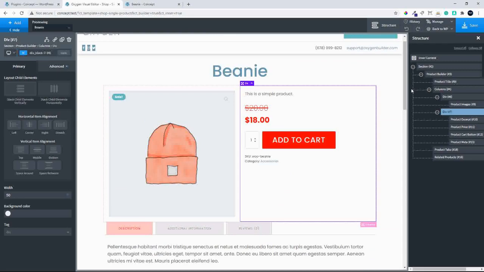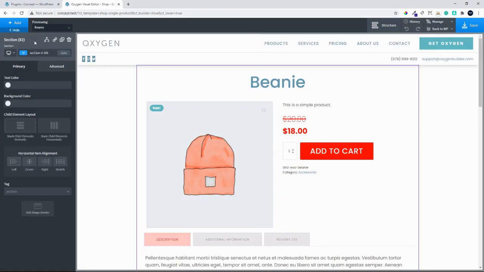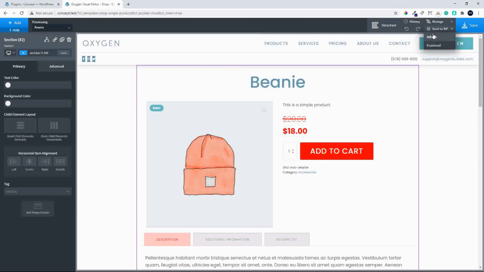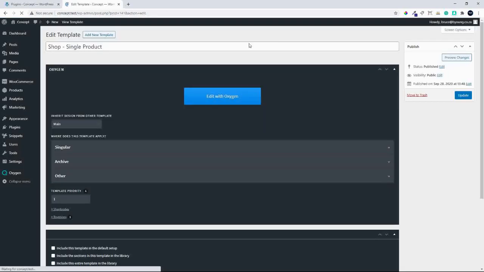So another good reason to get the additional plugin is that you have full control over the layout of your product. We'll now take a look at the account section of the website for the customer experience. To do that, we're just going to update the menu so that we can actually see those links in our menu. So we can just head over to appearance, we can get over to menus,